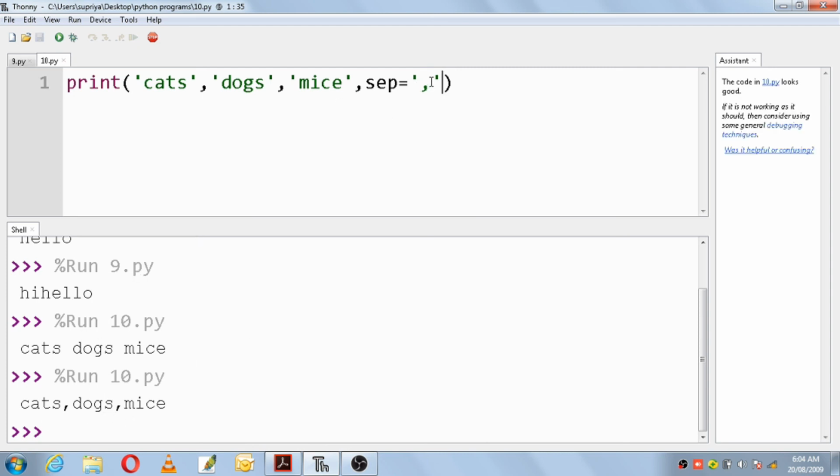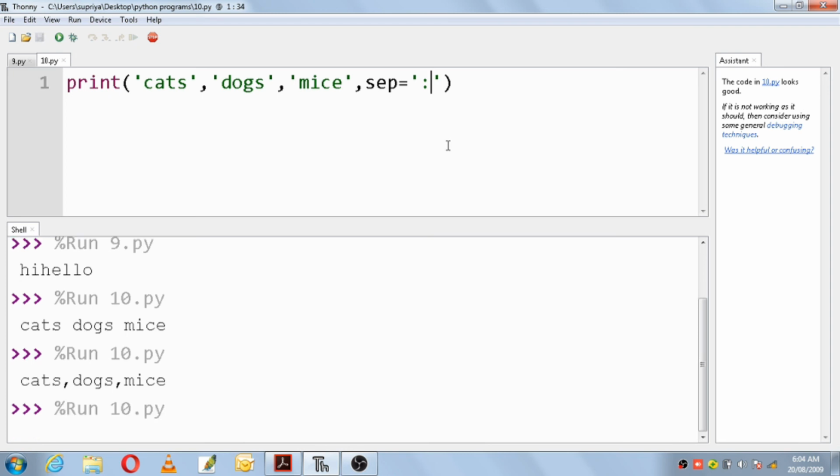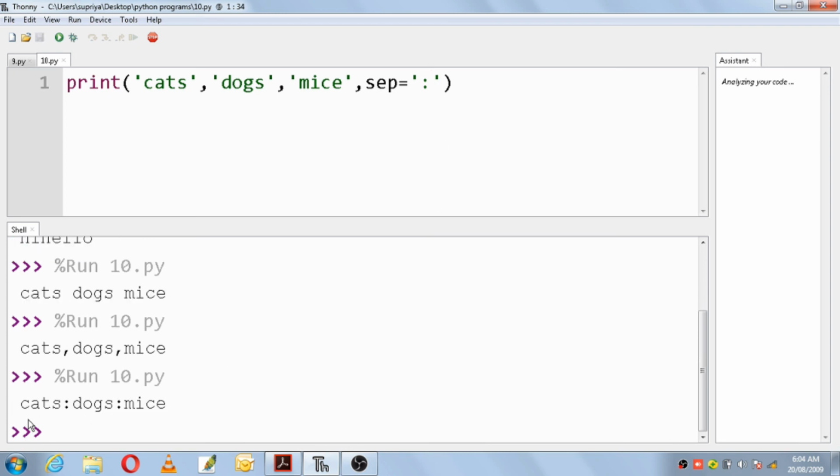So let us see whether it will take a different character. Let me take colon here, separated by colon, Control S, F5. Yes, you can see that it is separated by colon also: cats, colon, dogs, colon, mice. So whichever character you want to separate with, you can make use of it by using the keyword argument sep.